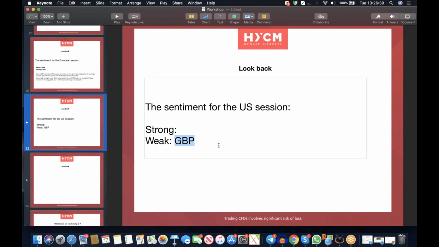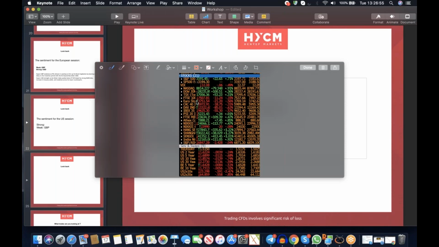Now, the other currency I'm potentially looking at, and I'll just show you my reasoning, is you can just see some risk-off tones coming into the market. Equity investors are very sensitive to risk. So when you start seeing the equity markets down, you see the FTSE is down, Euro Stocks is down, CAC 40, DAX is down, Spanish IBEX is down. Looking at those European bourses, there's some negative sentiment coming in.